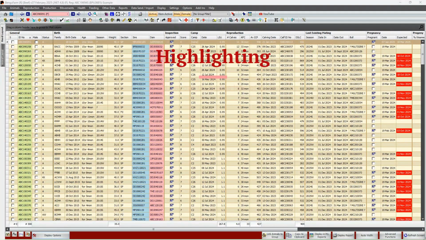Now, your herd layout has a lot of data, as we talked about in the previous video, and it's not always easy to see certain types of data that you want to stand out. So that is exactly what herd highlighting does. It highlights certain values for you so that they come to your attention.